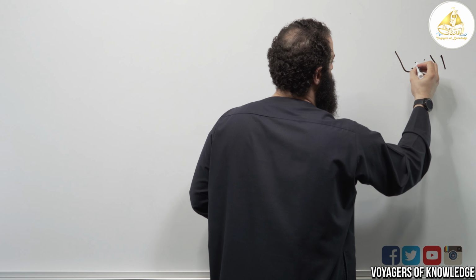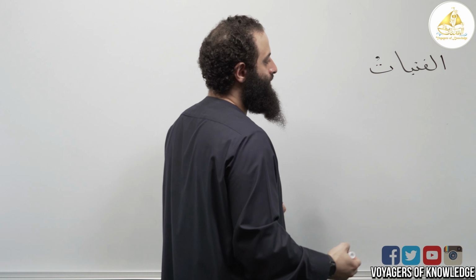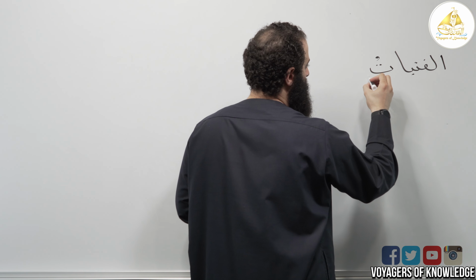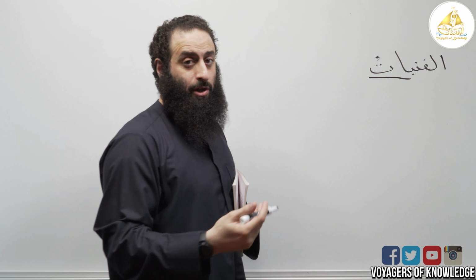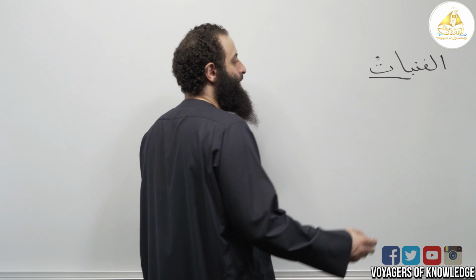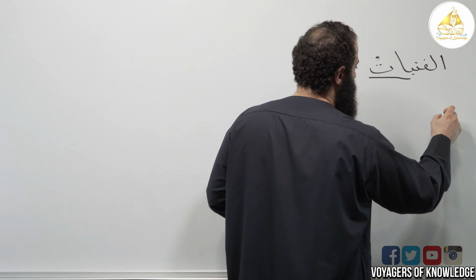الفتيات. This is a plural. How do you know? Well, simply put, to make something plural in Arabic, or at least a feminine noun, plural, you're going to add alif and ta to the end of it. All right? Most of the time. So the single version of this is